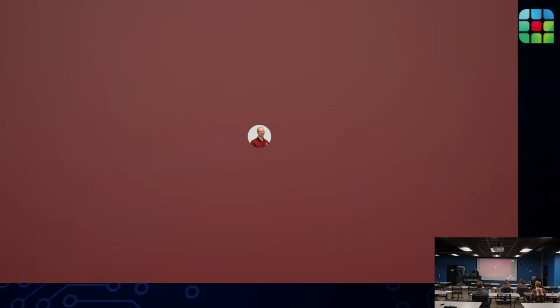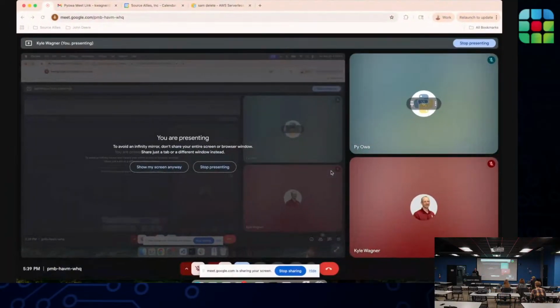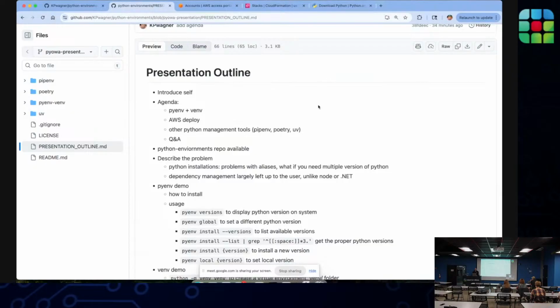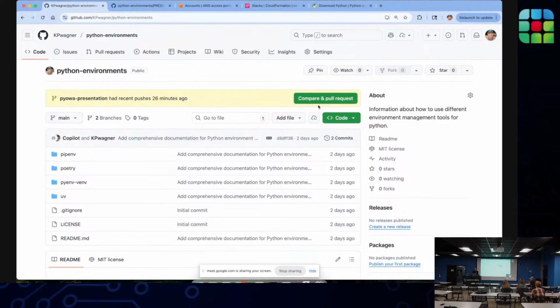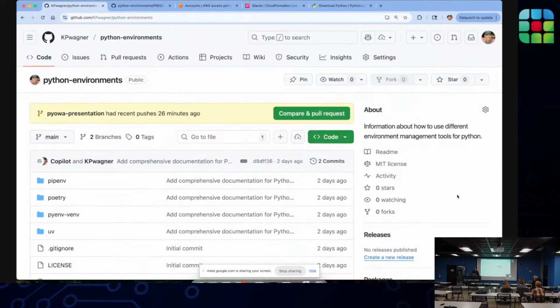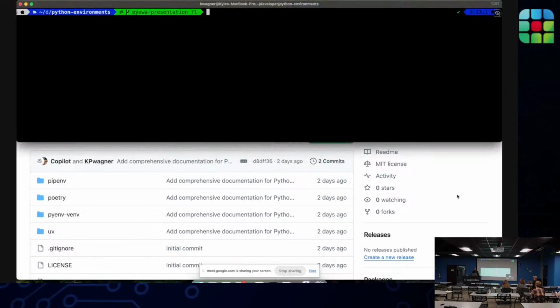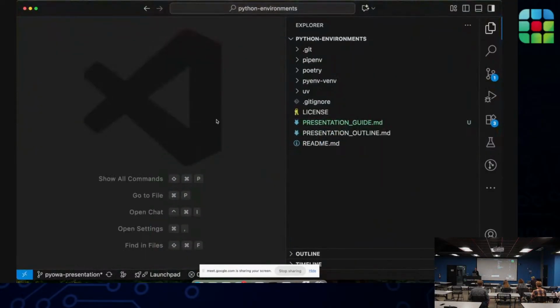So let me get set up here with screen share. Throughout the presentation, I'll refer to a few web pages, a bunch of CLI inputs and outputs, and a little bit of code base in VS Code.